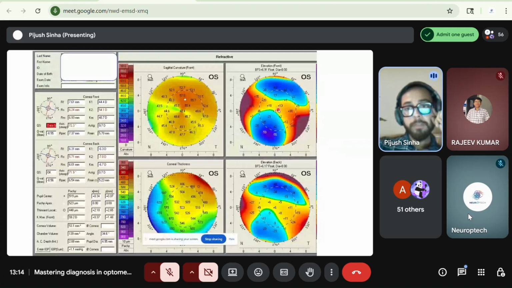Here you see the corresponding point of the thinnest local is 13, 10. Even after this, the thinnest local shifted upside. And upside you see there is flattening, and that's why it is in cooler color, and here also flattening. So superior flattening, and here is the steepening. There is a sign of against-the-rule astigmatism. Also the steepening. So here the thinnest local is shifted up, right? So it is